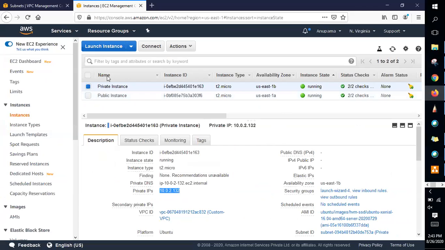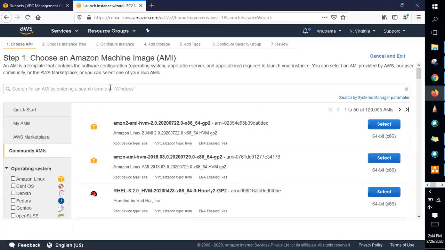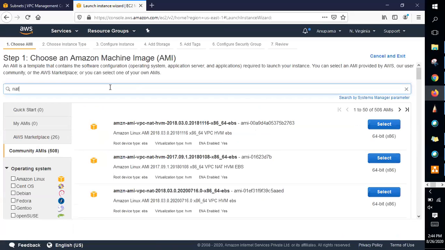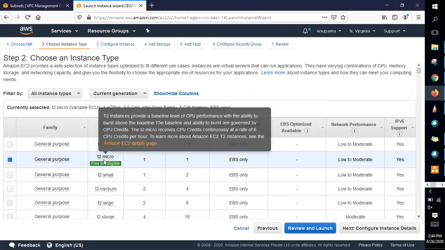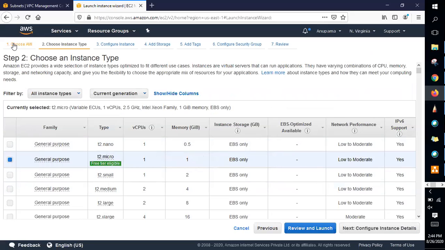So what do we do? Launch an instance. Instead of these AMIs, let me come into AMIs and just type NAT. Yes, NAT gateway will be chargeable, guys. Don't create it. It will 100% charge us. So just go to AMIs, type NAT, and you'll get some random AMIs. Select any one of them, but make sure when you select an AMI, in the second step, this record is enabled. If this record is disabled, please go back and select another AMI.